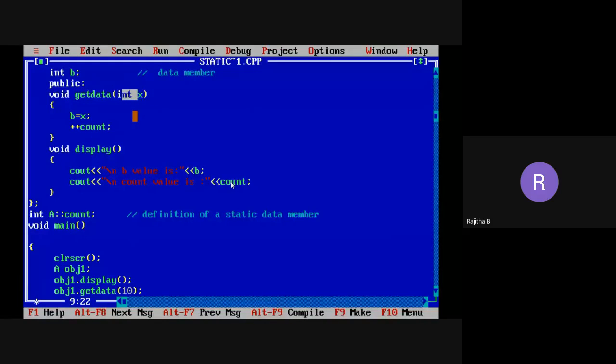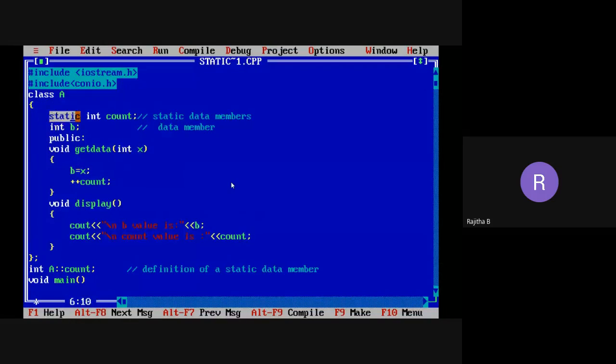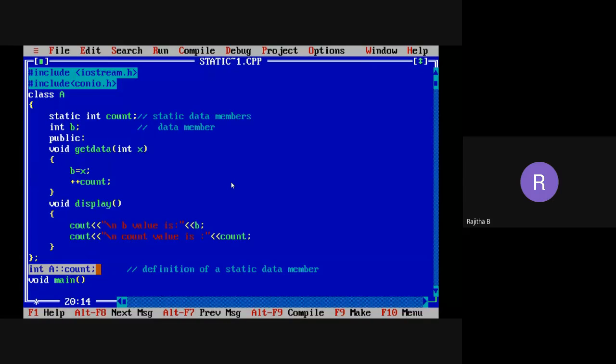So this is the static data member. You need to remember that when you are using a static data member, you need to define that particular static data member outside the class using this syntax. Write the data type of that static data member, then the class name in which you are initializing it, the scope resolution operator, and the static data member name.